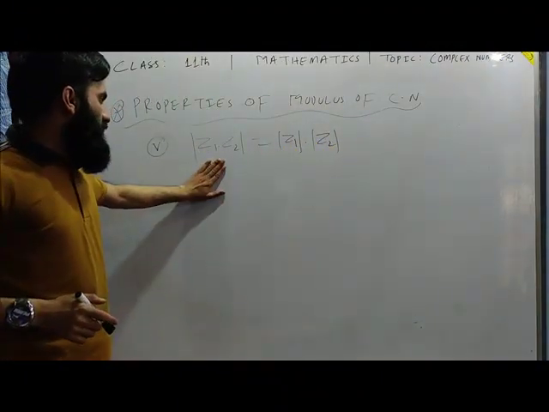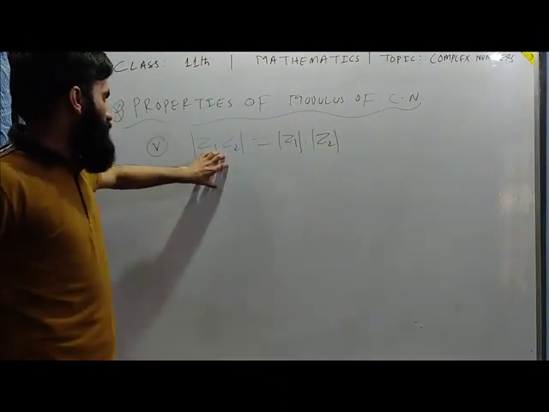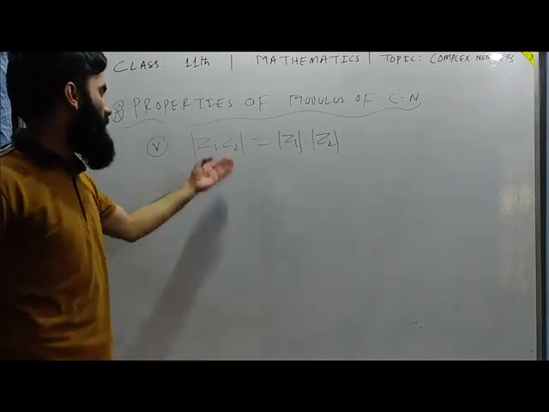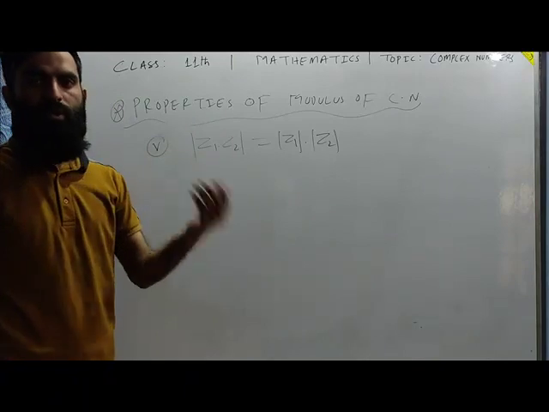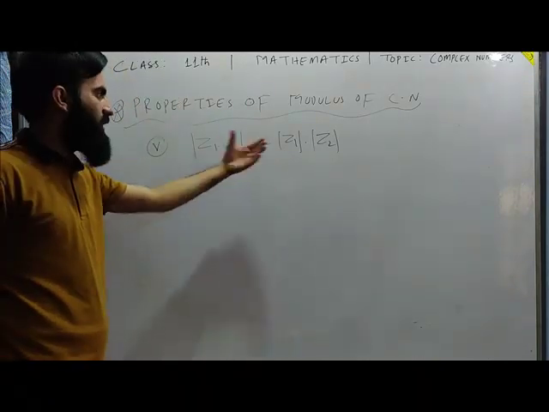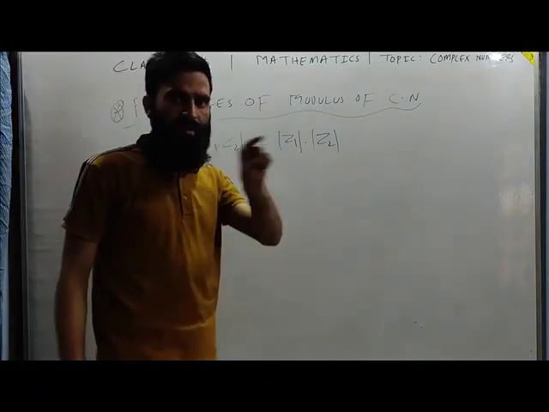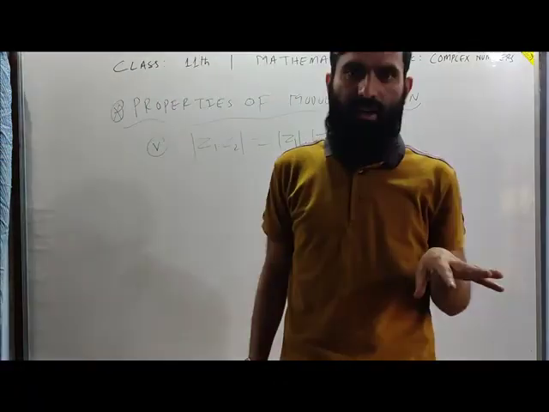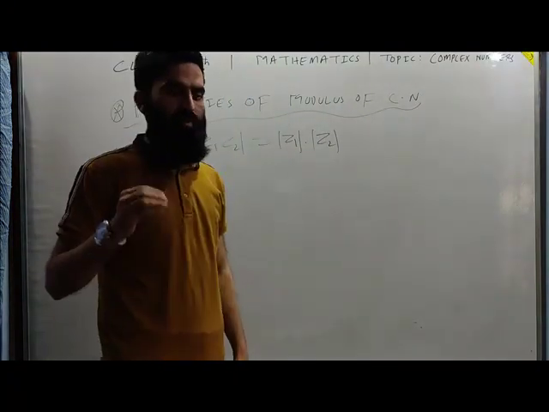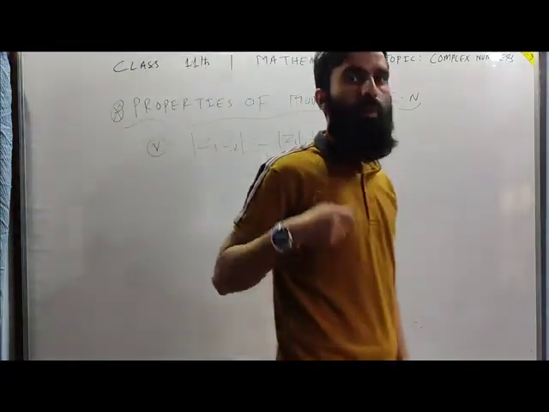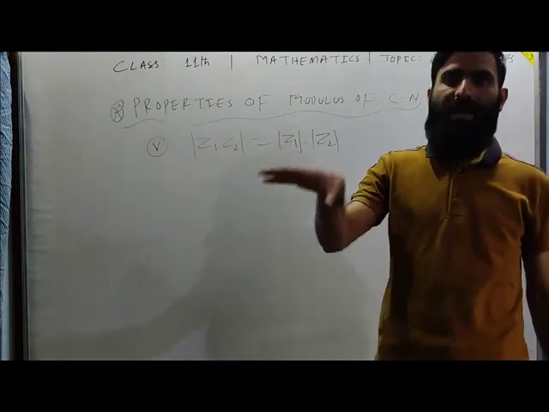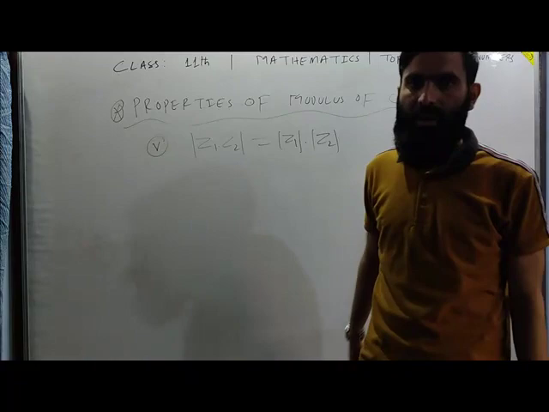And this I am going to leave to you. You are going to prove it by taking z1 as alpha 1 plus iota times beta 1, and z2 as alpha 2 plus iota times beta 2, and you will get that result. If you have any kind of problem regarding this, you can ask me and write it in the comment section. And if you want to provide any kind of feedback to our team PyPoint, put it in the comment section and we will tackle it accordingly.